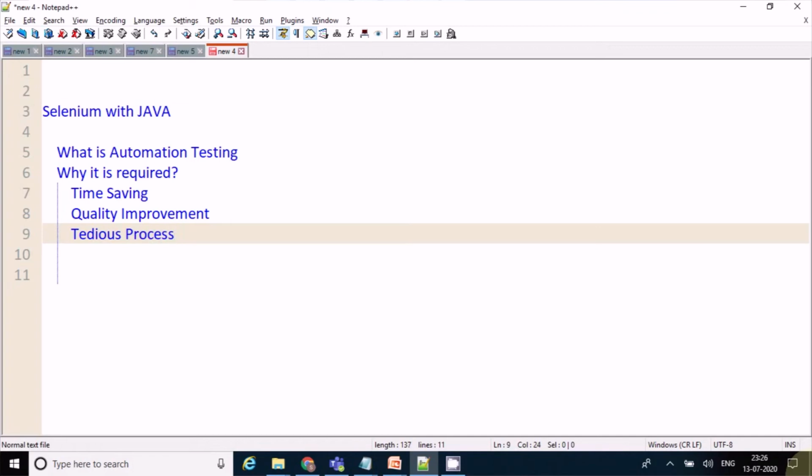So for time saving, quality improvement, and to reduce the tedious process, we can go for automation testing.